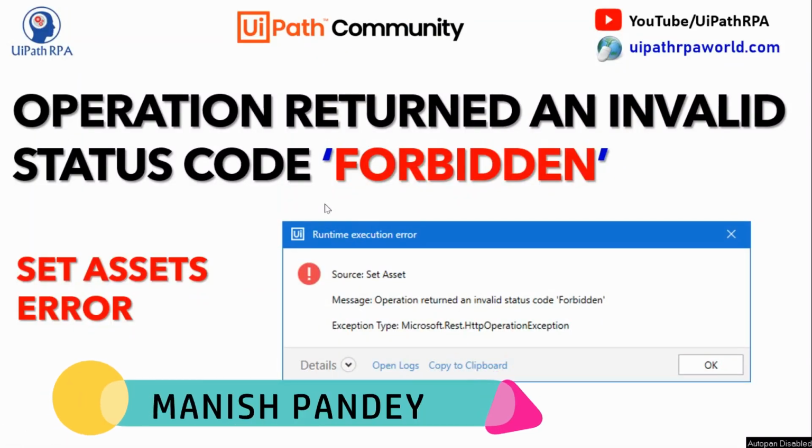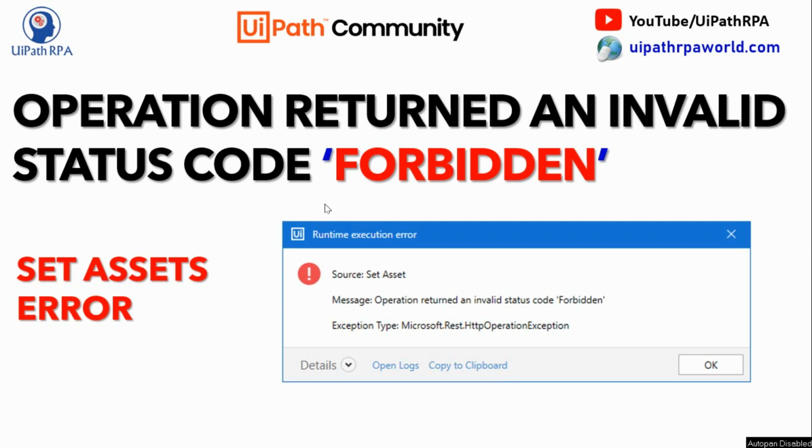Welcome back. So are you also getting this error? This operation returned an invalid status code forbidden? If you are getting this error, then this video will help you to resolve this issue. Basically, this error occurs when we are using the Set Asset activity, which is used to set the asset value. So if you are using this activity and you are getting this error, then I'm going to show you how